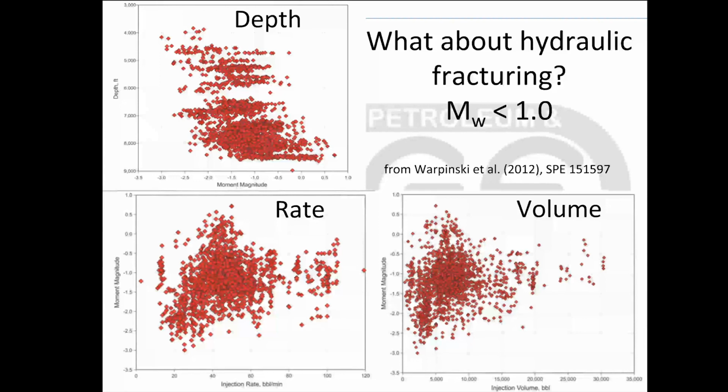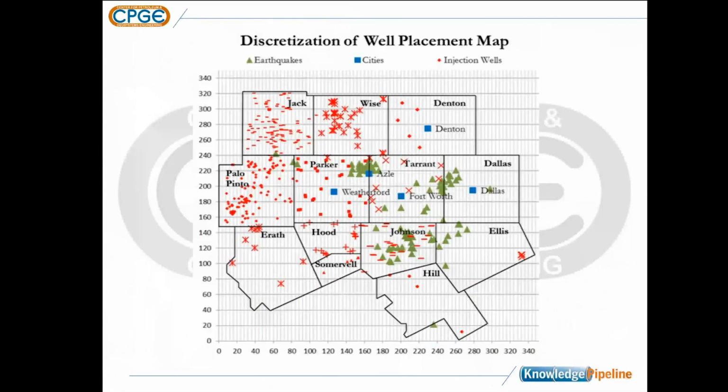Okay, so one last thing just before I wrap up here. What are we doing at Texas to address this problem? Well, Cliff and I are actually part of a RIPSI program, a federally funded program where we're doing some research. And Cliff is working on the seismic interpretation and seismic monitoring side. I'm working on some of the fluid flow modeling and predictive modeling. And I just want to show you one of the things we're doing.